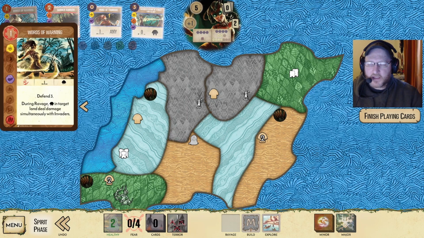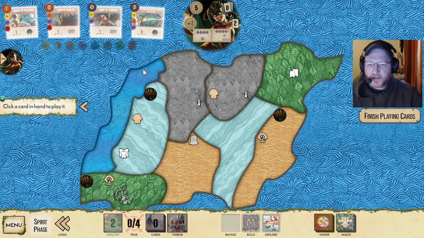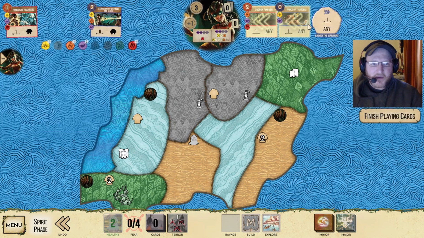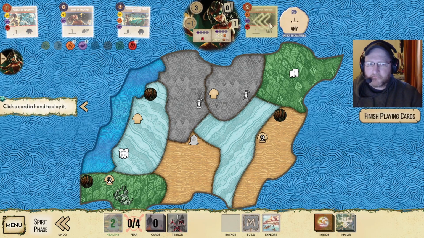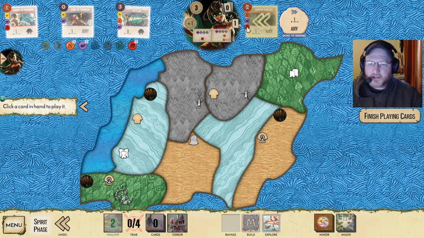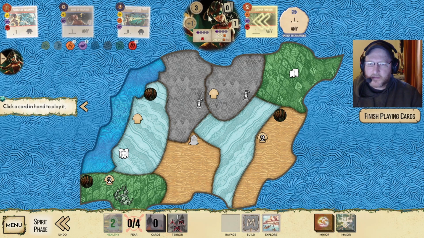You want to keep your words for turn 2. Sudden ambush is quite nice for actually preventing a build. So probably something like sudden ambush and then voice maybe. You know, you've got options. But yeah, sudden ambush. Obviously, you want this for the defend. The nice thing about getting this beast is that it does give you your Gather the Warriors ability in turn 1,